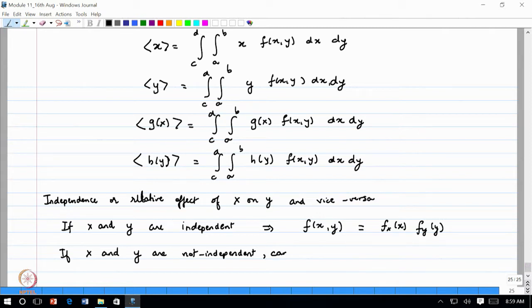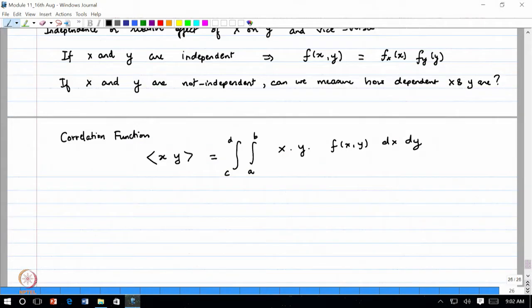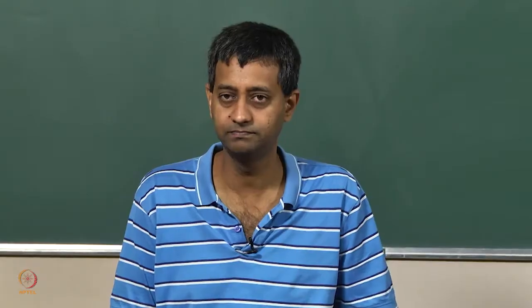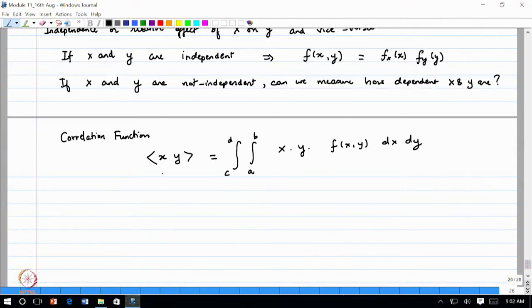Okay, but the question is, can we measure how dependent they are. Okay, so, can you get a measure of how dependent these two variables are? Okay, and this is called the correlation function. So, the correlation function is actually closely related to this, but let's motivate that. So, if x and y are independent,